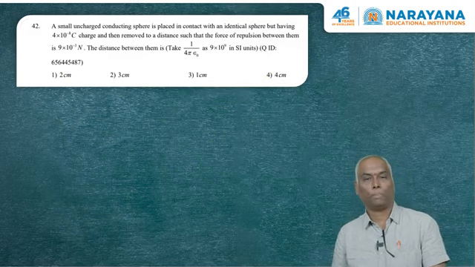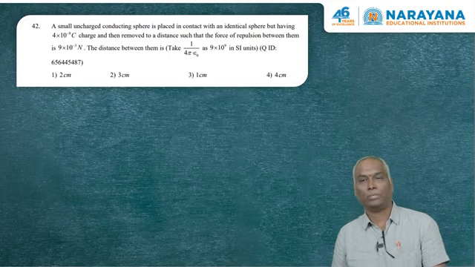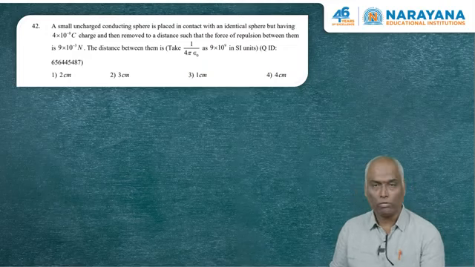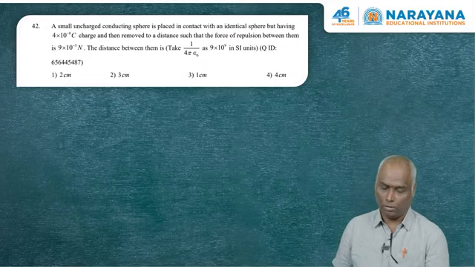Question number 42. A small uncharged conducting sphere is placed in contact with an identical sphere but having 4 into 10 power minus 4 coulomb charge and then removed to a distance such that the force of repulsion between them is 9 into 10 power minus 3 newtons. The distance between them is? They have given the value of 1 by 4 pi epsilon naught, which is 9 into 10 power 9 SI units. You are asked to find the distance between them to have a force of 9 into 10 power minus 3 newtons. Whenever we consider two identical particles, one charged and the other uncharged,